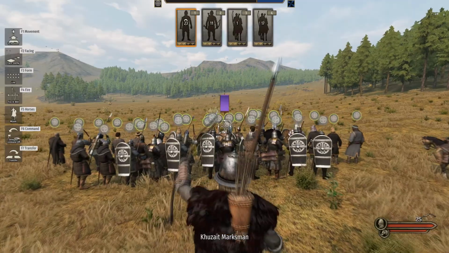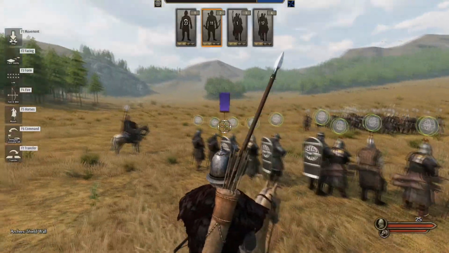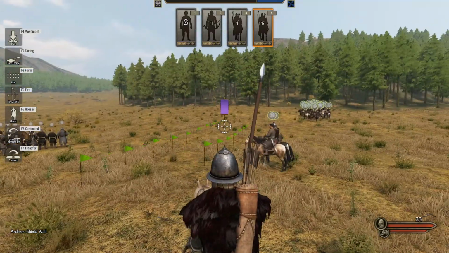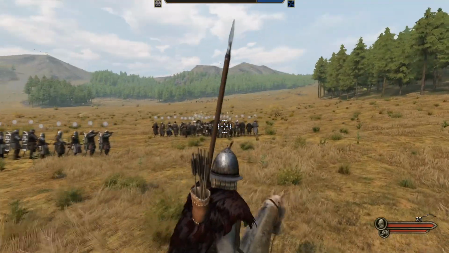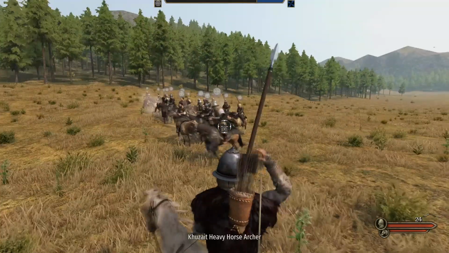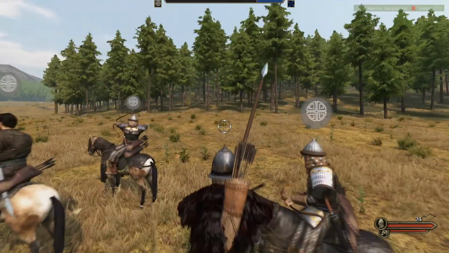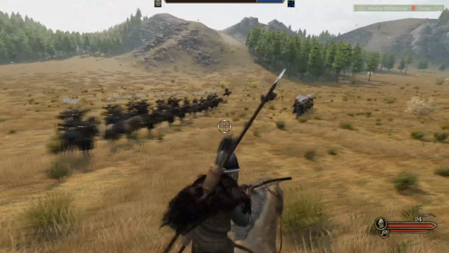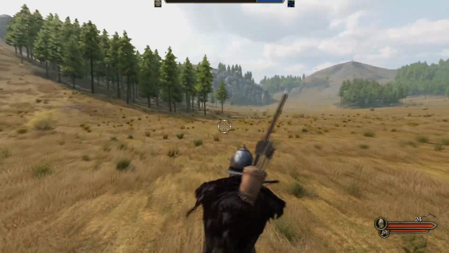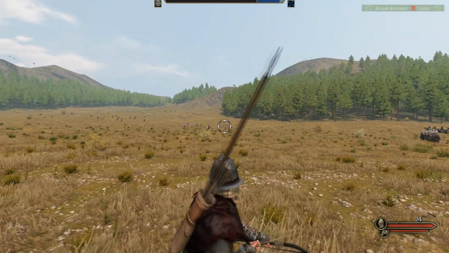Footmen! Forward. Forward! Shield wall! Bowmen! Forward! Horse archers. Bowmen! Get moving! Oops. Actually, wrong side. These are sea raiders, so what we need to do is attack from this side, because in this game everybody's right-handed. So what you can do is